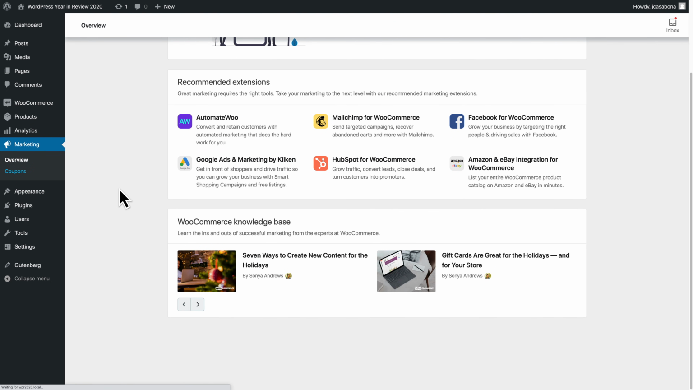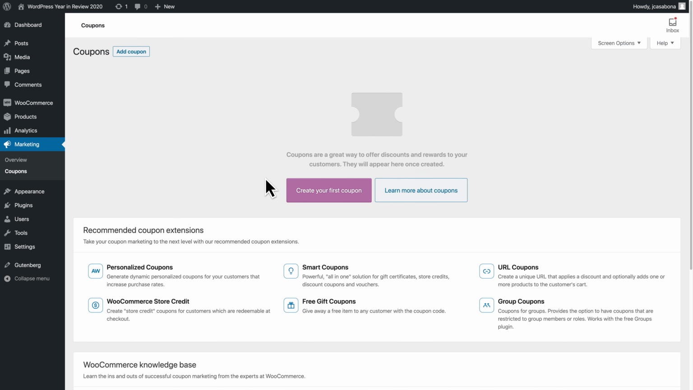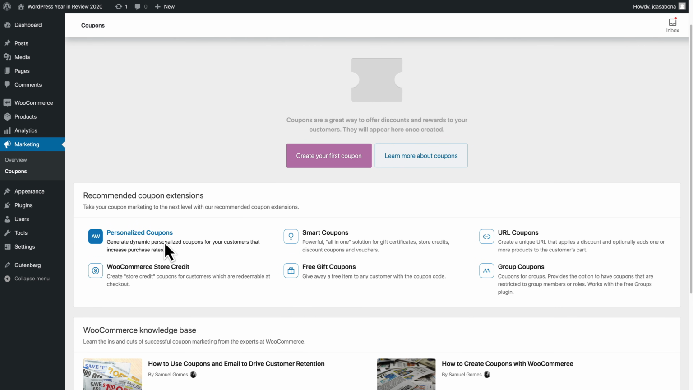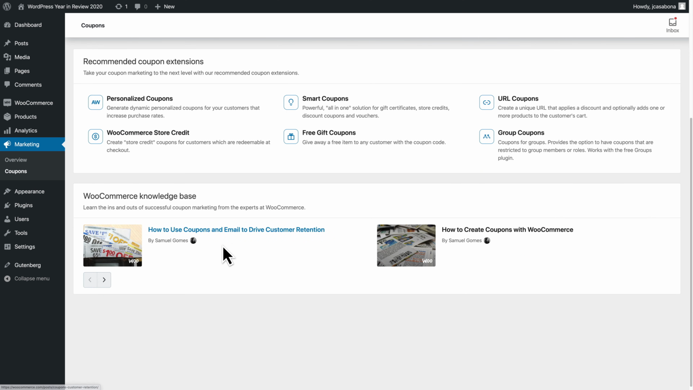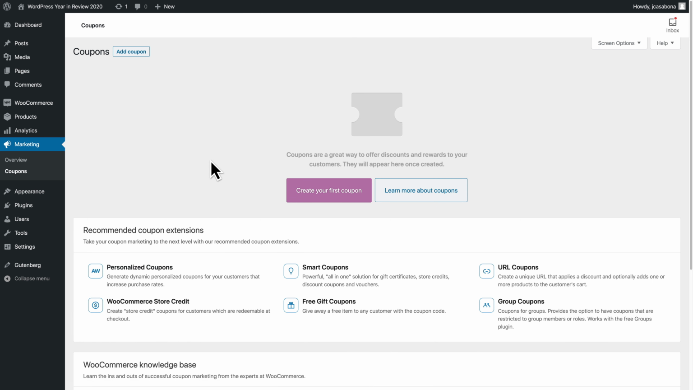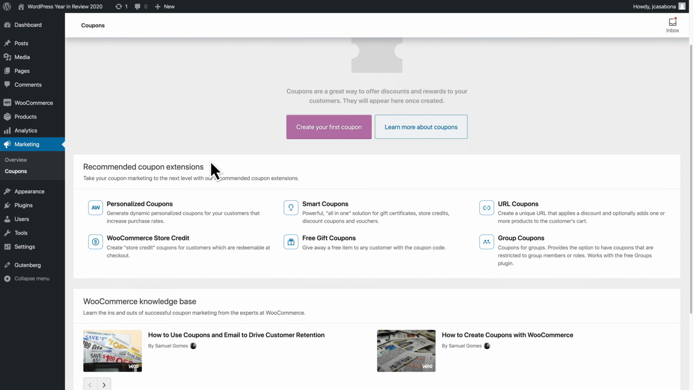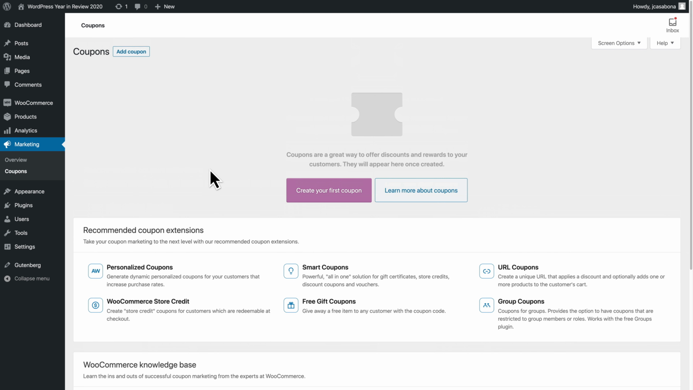And then if I click on the coupons, I can create a coupon. But then I also am getting upsold on recommended coupon extensions. So I really feel like while WooCommerce is calling this marketing for your sake or my sake, it's actually marketing for their sake. And I understand that WooCommerce has to make money, but I also understand that I'm trying to run a store here, and